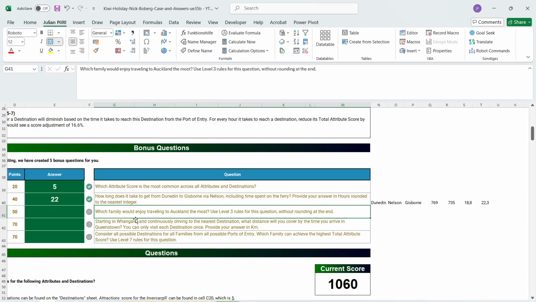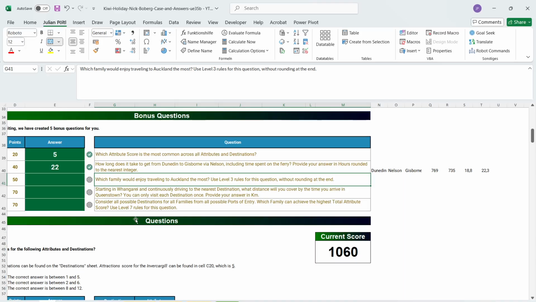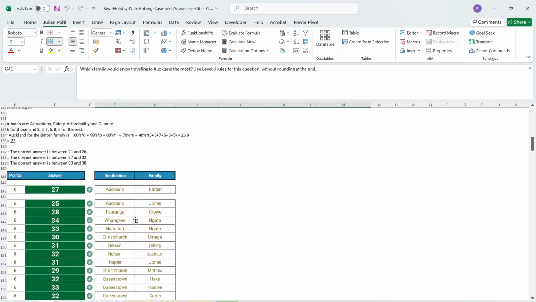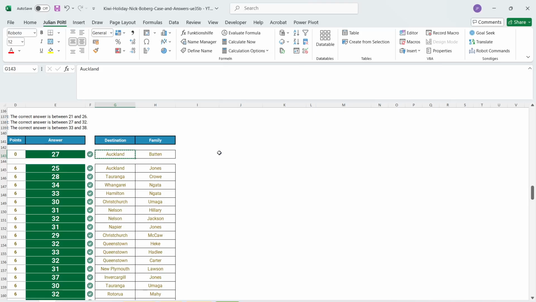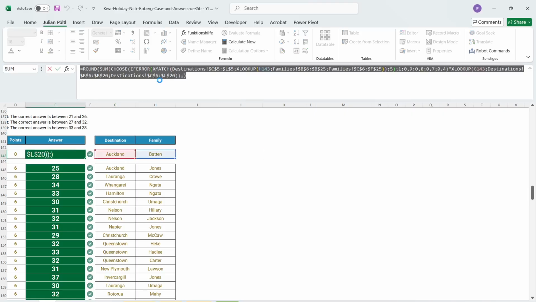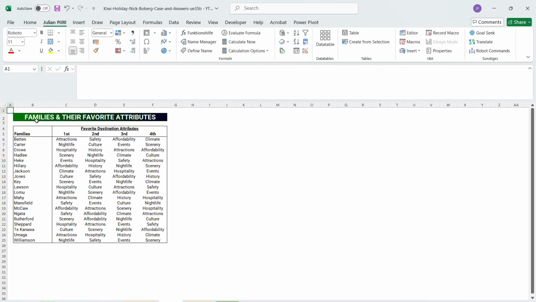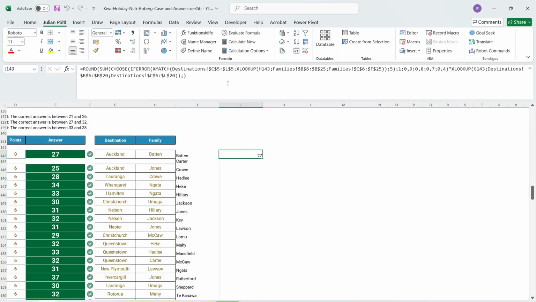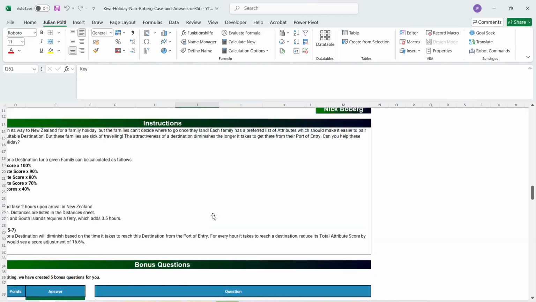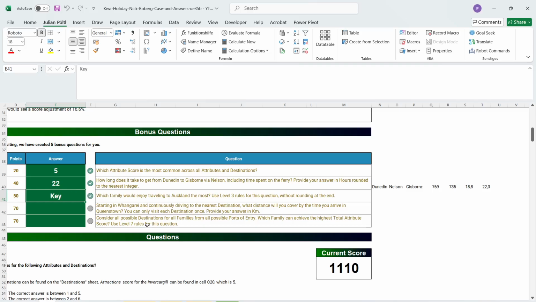Which family would enjoy traveling to Auckland most under level 3 rules? So Auckland, and then use all families. Since it's single cell, it's quite easy to adapt. 31, and 31 is the key family. We could also do here an XLOOKUP and MaxLOOKUP instead, but